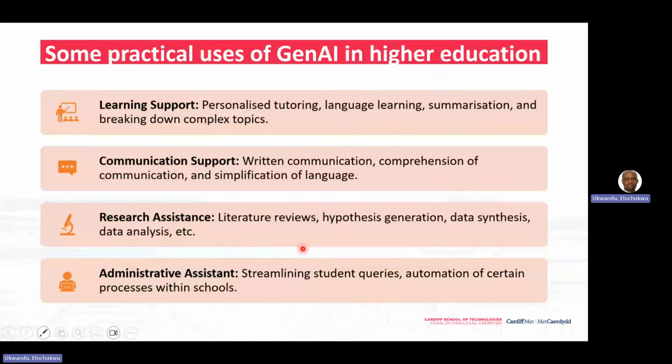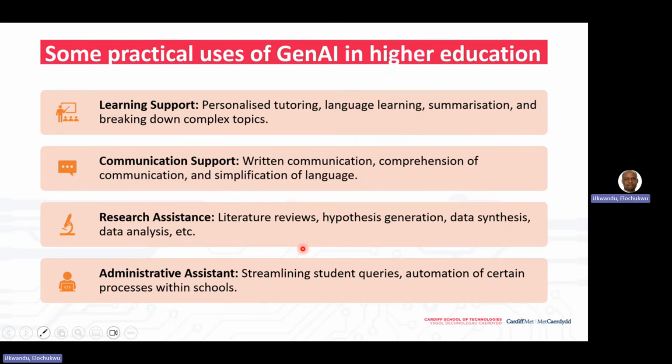Okay, there are some practical uses of AI which are good for students. They can use it for learning support. Like when you want to write an essay and you don't know how to go about beginning it, you can use an AI to ask some questions. It will give you a kind of background of what everything looks like. You read through it, you understand it. So it reduces the time you use to read through so many literatures to understand it. At first, it helps to bring you up to speed to really understand what it is.